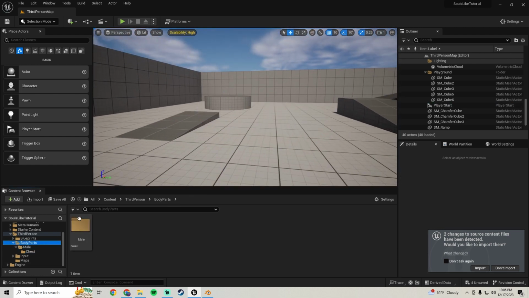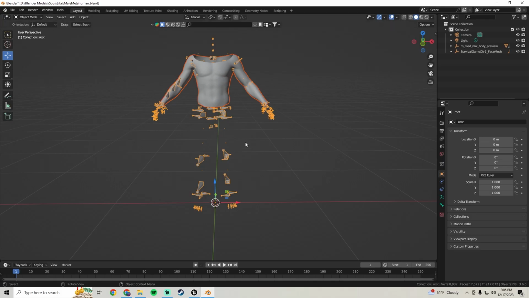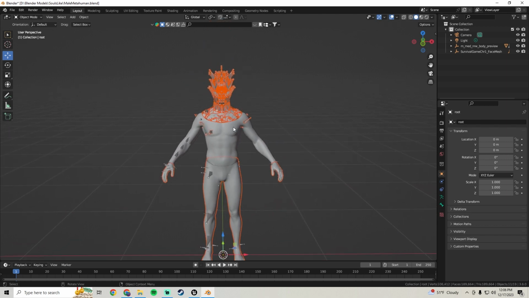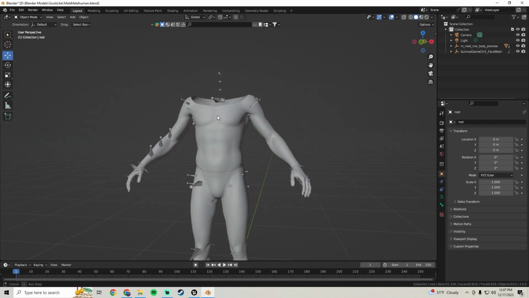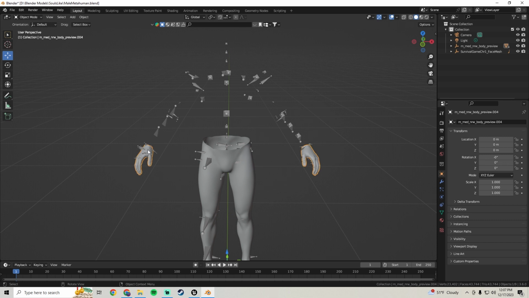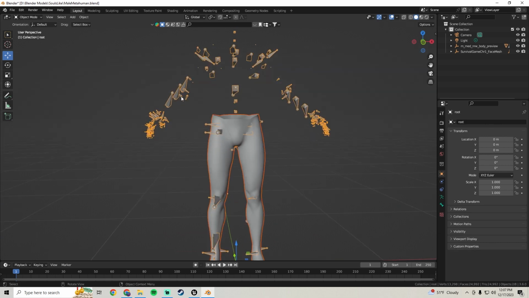So we'll go back to our body parts here. We're gonna do a save as well. So we'll hop back in Blender. You can press Alt and H on your keyboard and it will unhide everything, but we'll need to hide the head again. So select the head and press H, and we'll hide the chest. We'll do the legs next, so we'll hide the hands. Click on the hands and press H, and then we'll click on the legs, and then click on the bones,